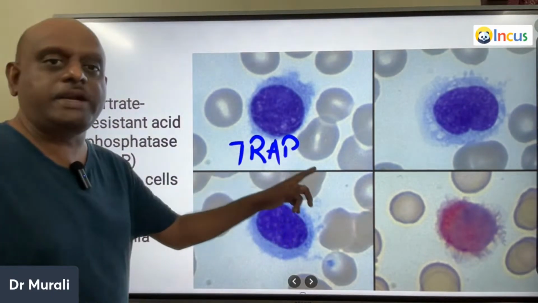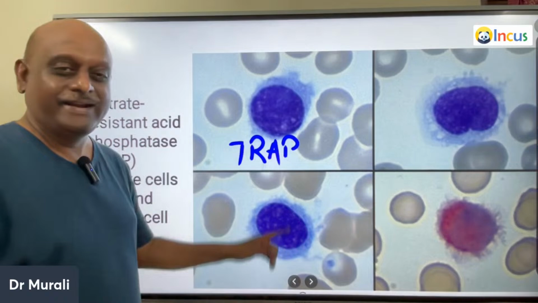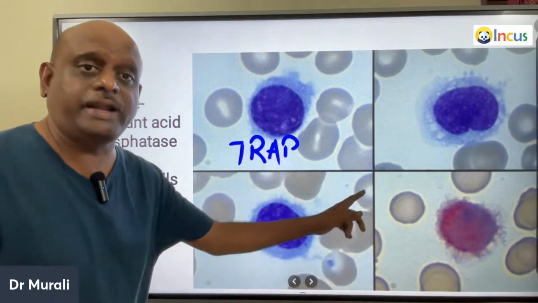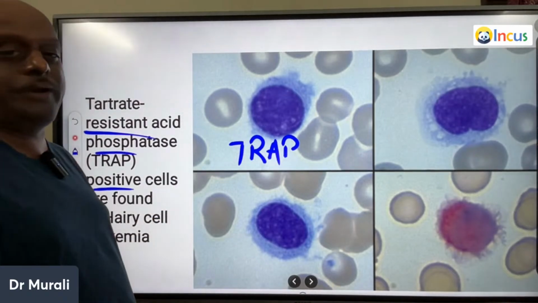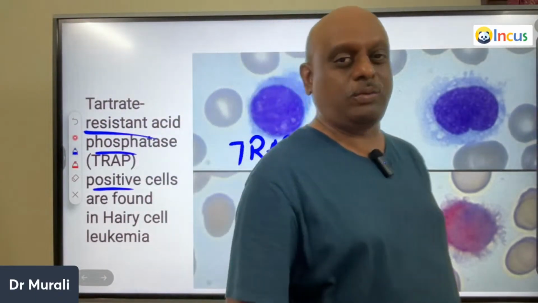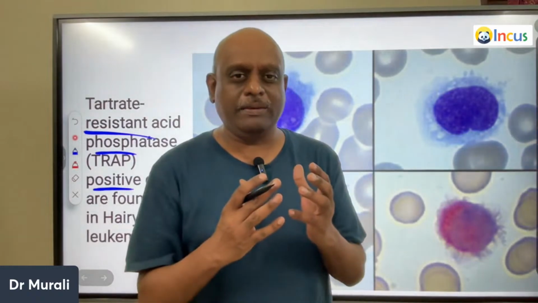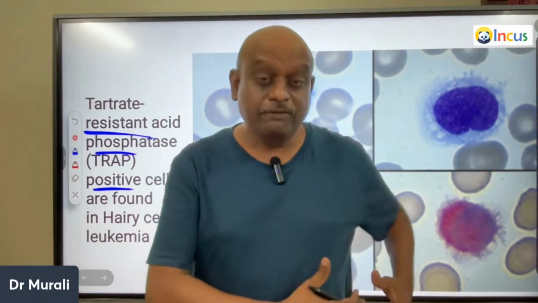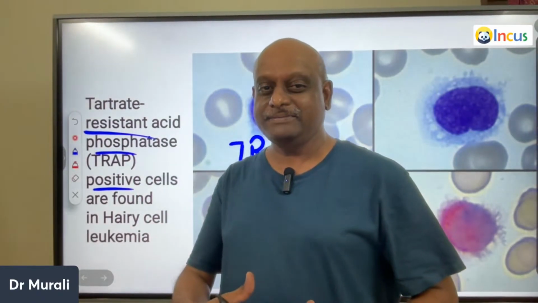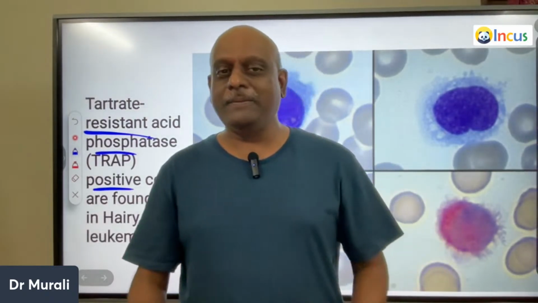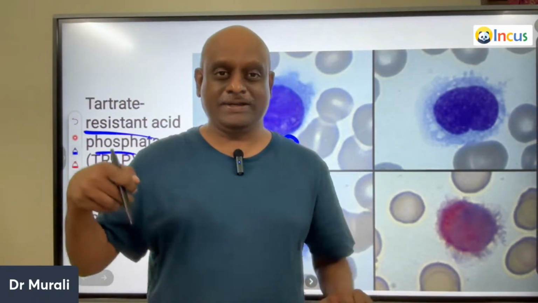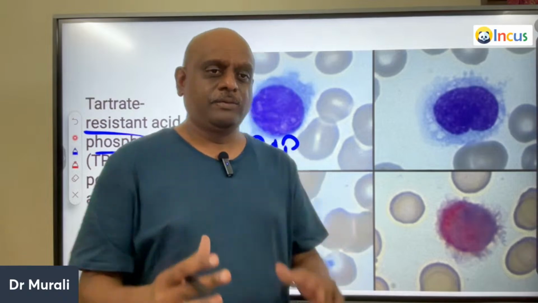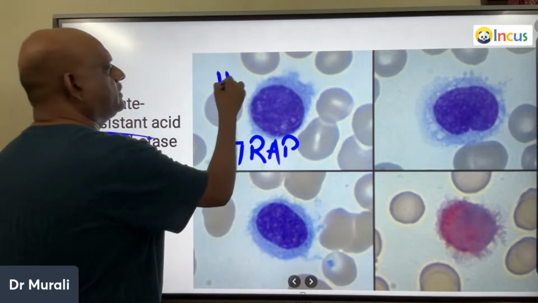Tartrate resistant acid phosphatase staining. So where do you get that? TRAP positive cells are found in hairy cell leukemia. So what is a very classical feature of hairy cell leukemia? In hairy cell leukemia, we get a massive splenomegaly, right? Massive splenomegaly, because of the splenic infiltration of these hairy cells. And if you do the bone marrow aspiration, you get a dry tap, which is very characteristic of hairy cell